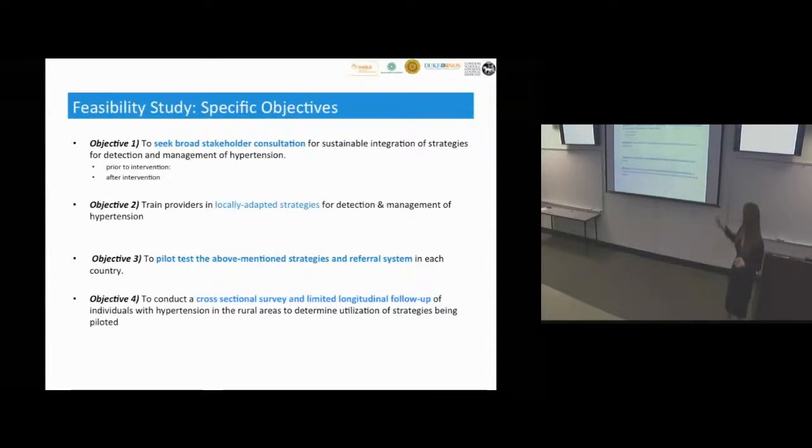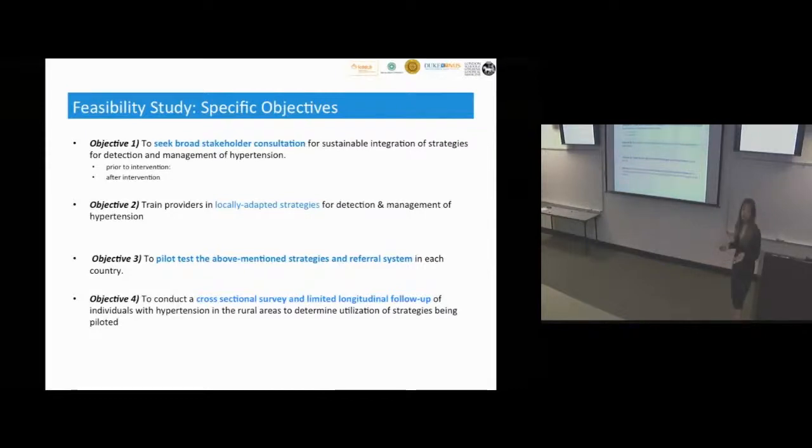So that's what we did in objective number 2. First we adapted the curriculum, then we had to train and test feasibility. Can we train the health workers, and then assess their competencies? Are they trainable? Can they measure the blood pressure? Can they accurately measure blood pressure? Then we'll check their inter-rater reliability and demonstrate their competency and skills. Yes, they are able to do this, they can do this well.